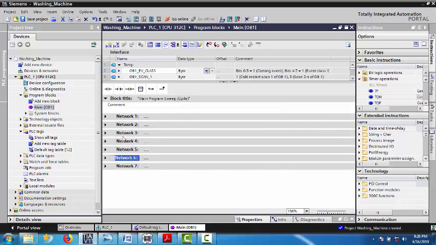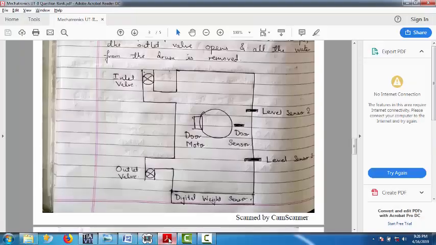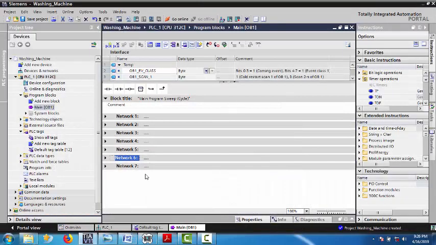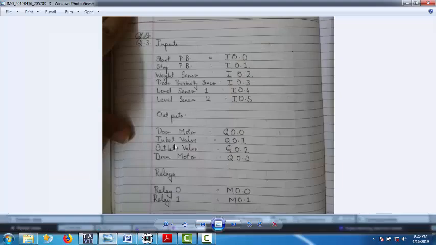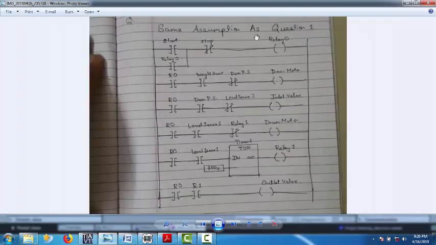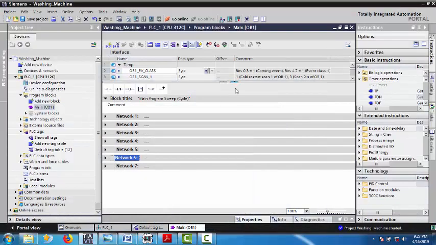Okay, so I will first show you the final answer. Then for anyone who actually wants to see, you can wait and see the animation, otherwise it's done. So this will be your first page. Write the inputs, outputs and the relays. Then same assumption as in question 1, you can go back to the previous video and see what it was, or you can see it in the notes that I am sending you, and this will be your answer. Just write rung 1, rung 2, rung 3, rung 4, rung 5 and rung 6 over here. Okay, so this is quite done. I hope you understand it.